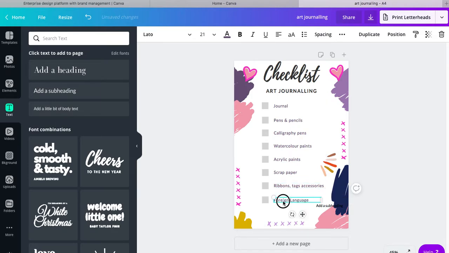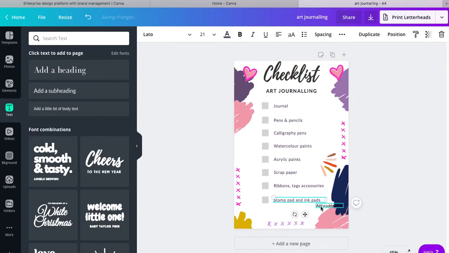All right. And the last one, which is always a favourite of all art journalists, they all have stamp pads and ink pads of varying colours, shades and